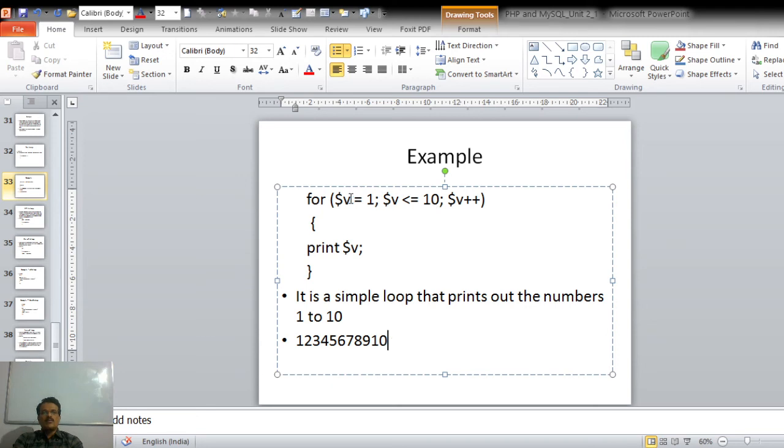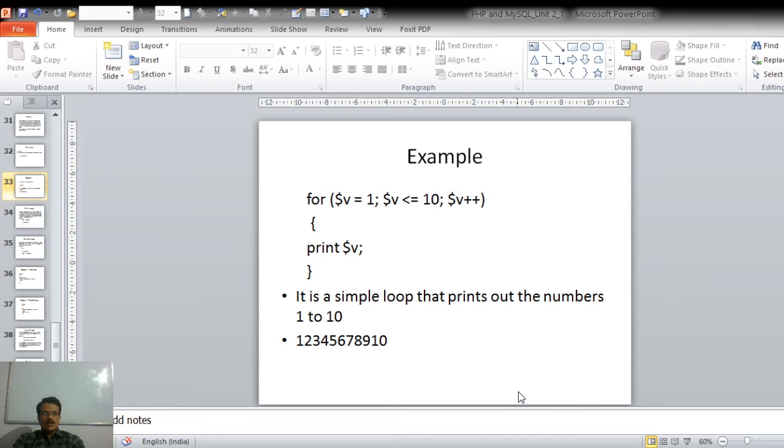So the value of variable v becomes 11 now. At that time, this condition, v less than or equal to 10, becomes false because 11 is not less than or equal to 10. So the program flow will come out of this loop and the other statements will be executed. So this is how the for statement will be executed.